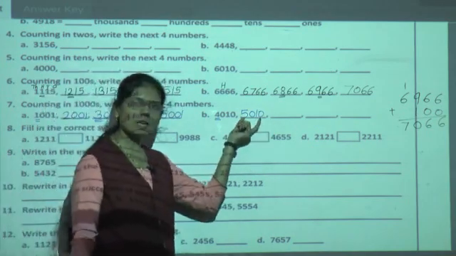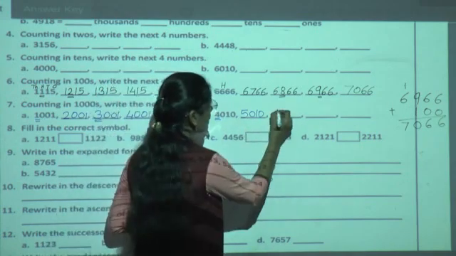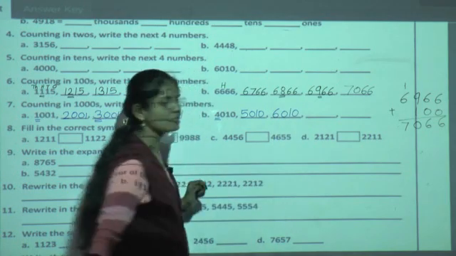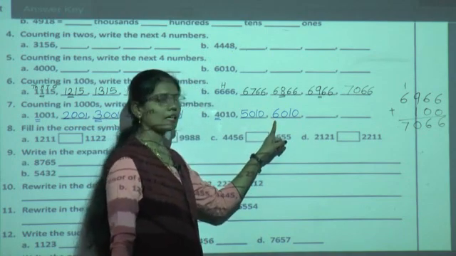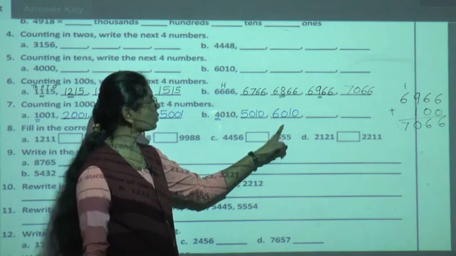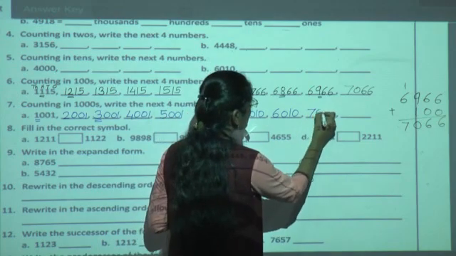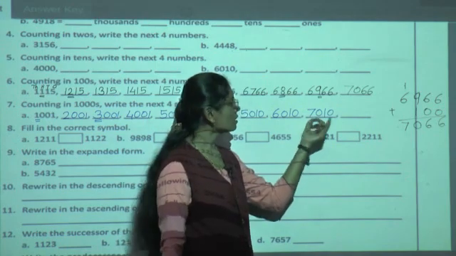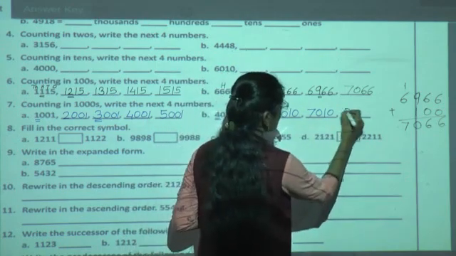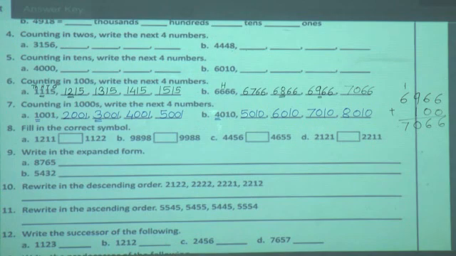Now again add 1000 in this number, means we will get the next number, 5010 plus 1000, we will get our next number 6010. Again see the thousands place digit, here 6 is there. Again add 1 in the 6, or else you can do the addition 6010 plus 1000, then we will get the next number 7010. Now again in this number add 1000 and then we will get our last number, that is 8010. Understood? So in this way counting in hundreds and counting in thousands you have to do.